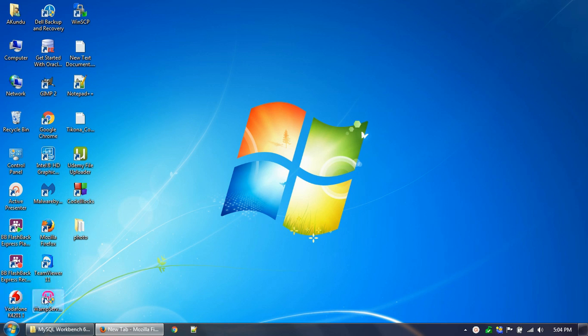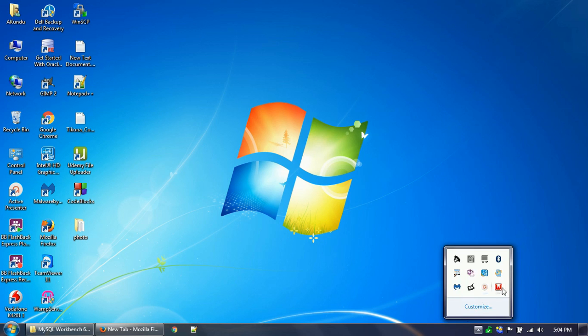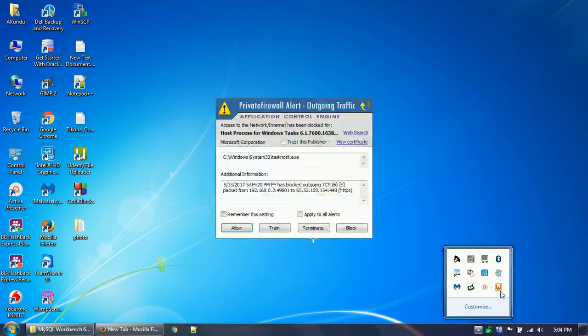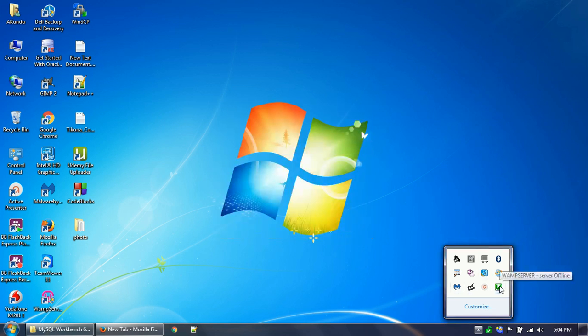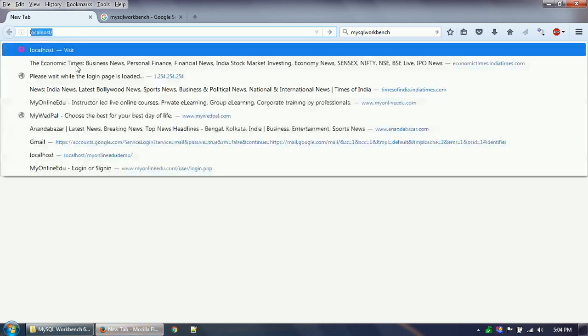So first we have to start with the WAMP server, which is our local host server, and basically it is turning from red to orange, and it will turn to green so that we know that our WAMP server is working. So now I'll go to the local host,